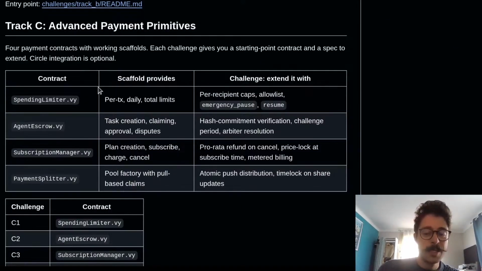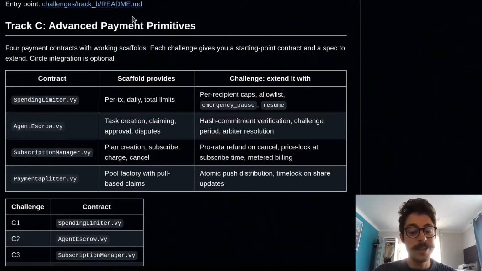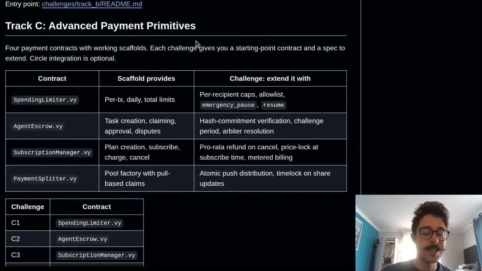So you have identity, payments, and rules all in one flow. All these 3 repositories are available on GitHub under the Viperland organization, and the tests are run in standard PyTest via Titanoboa, this tool that we provide, and contracts are callable as Python objects. So you just clone the repositories, you check the README, and you can start building.